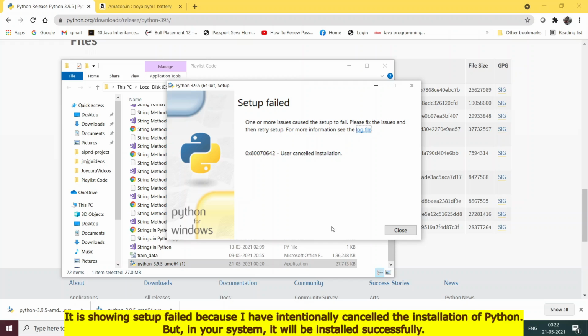Now one thing to note here, friends, it's completely okay to install the Python interpreter separately in this way. But if you are interested in doing machine learning and data science with Python in the long run, I would not recommend you to install Python in this way. Because if you install Python in this way, you have to install the other scientific and numeric libraries like NumPy, Pandas, Matplotlib separately using the pip install commands, which often leads to version compatibility issues. So in our next video, I will show you how you can download and install Anaconda, which